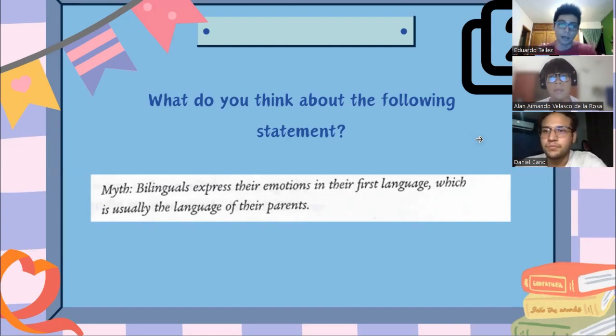Okay, I have another opinion about this, and I think that it depends on the situation the bilingual or multilingual person is in. Because, for example, I don't have any experience being in a country that speaks a language other than Spanish, but here in Mexico, we tend to modify the lexical aspect of the language, and we use words like chiquitito or que te pasa, but we tend to pronounce them with a different accent. And this happens with other languages.